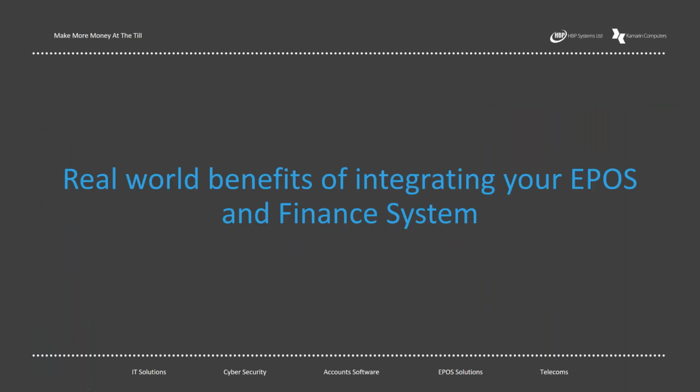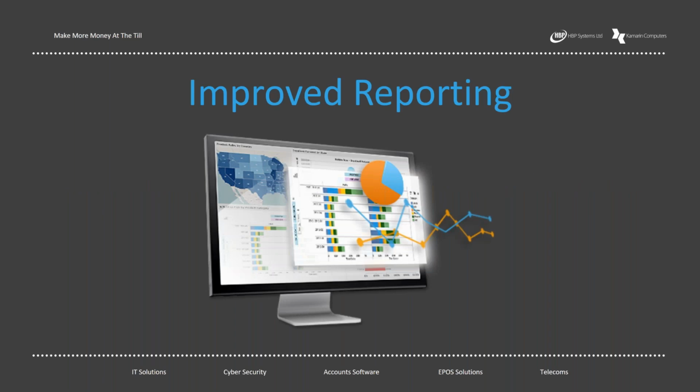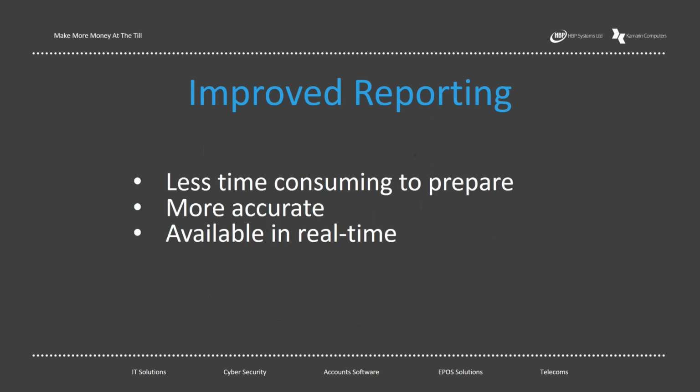So what are the real world benefits? What are some of our customers seeing from applying a system like this? We've already touched on a few of these, but to really hammer them home, the most obvious one that I've mentioned quite a few times already is improved reporting. And it's not just a case of having more information, it's that it was less time consuming to prepare